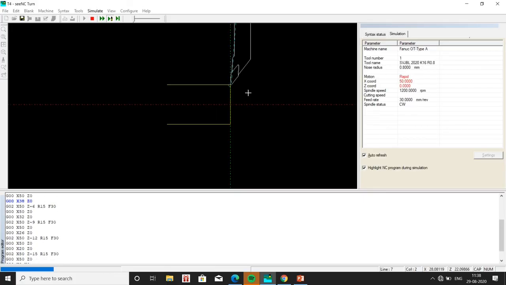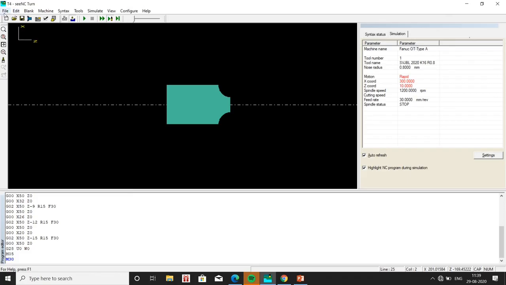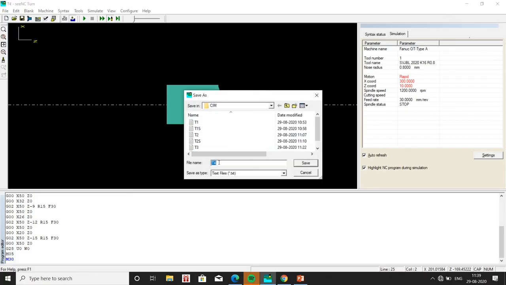Here we can see that for the value of X38 and Z minus 3, similarly X32 and Z minus 9, X26, Z minus 12, and for all the values we can see different lines of cut. Let me save the file and open the next program.